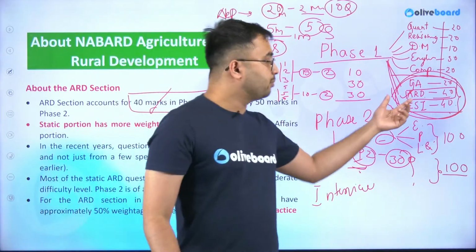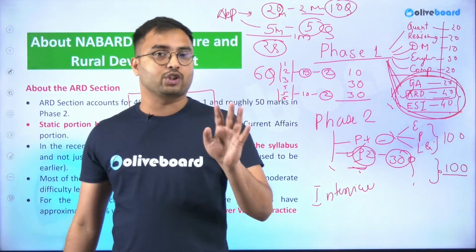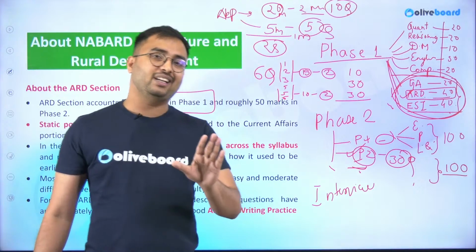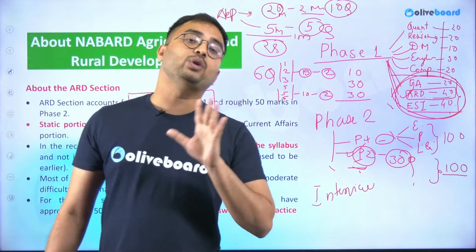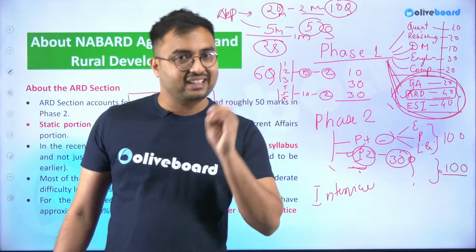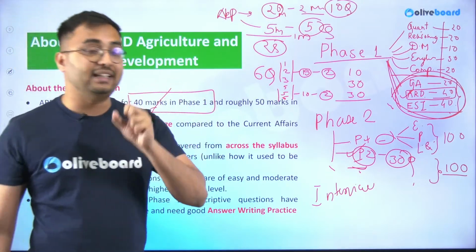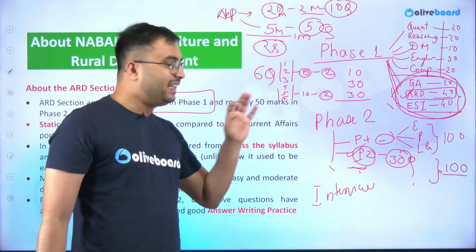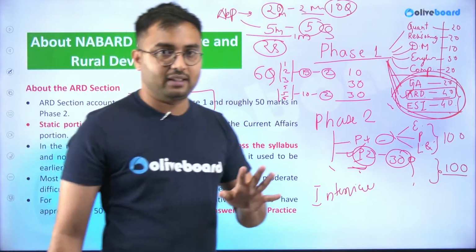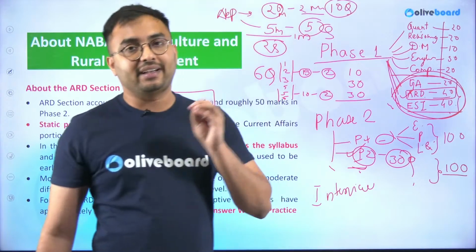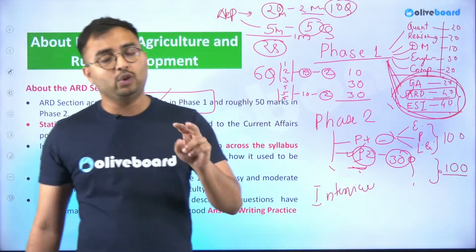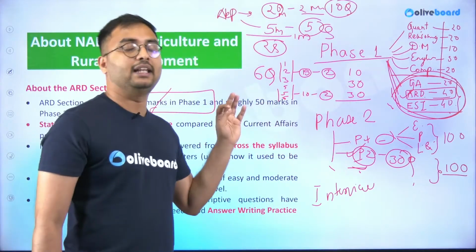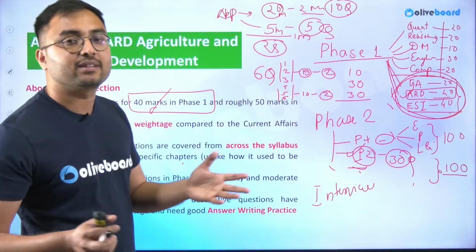For them, ARD becomes a wise choice because out of 40 questions, 20 questions are of easy and moderate level. 10 questions are of moderate to difficult level, and only 5 to 10 questions are nut cracking or maybe more data oriented and factual in nature. Overall, it is very easy, and in the last 3 to 4 years we have seen that a decent reader, even if he is doing 1 to 2 revisions of the agriculture and rural development subject for NABARD, gets 25 plus marks at ease.